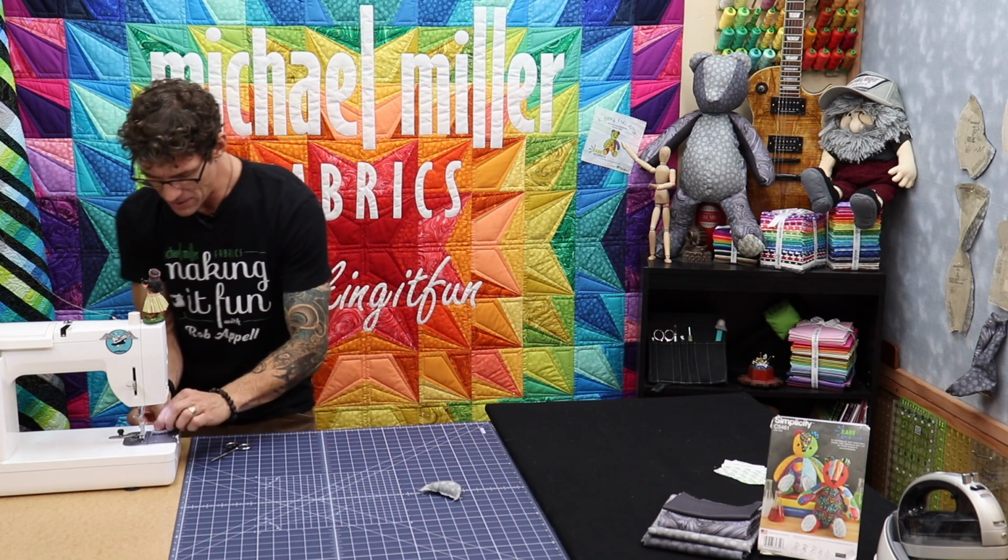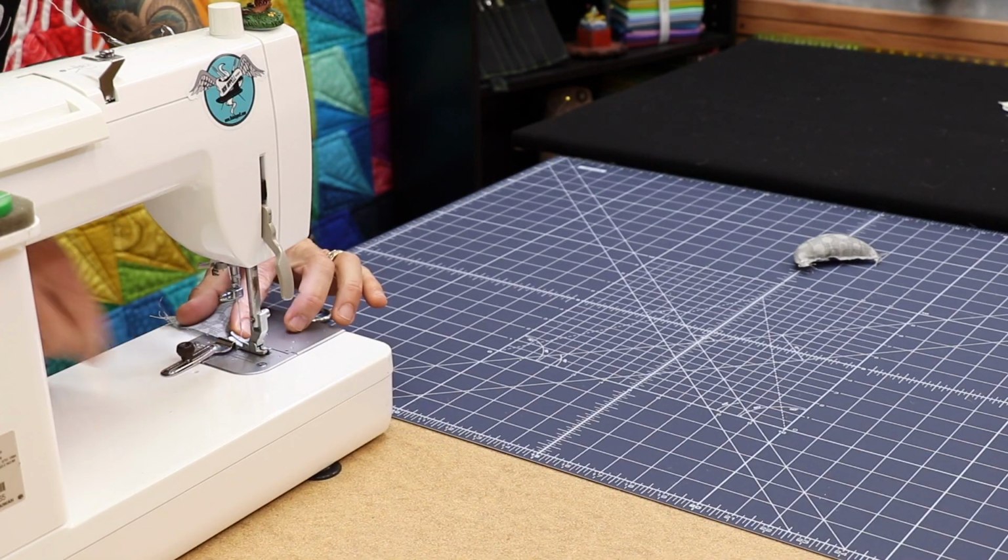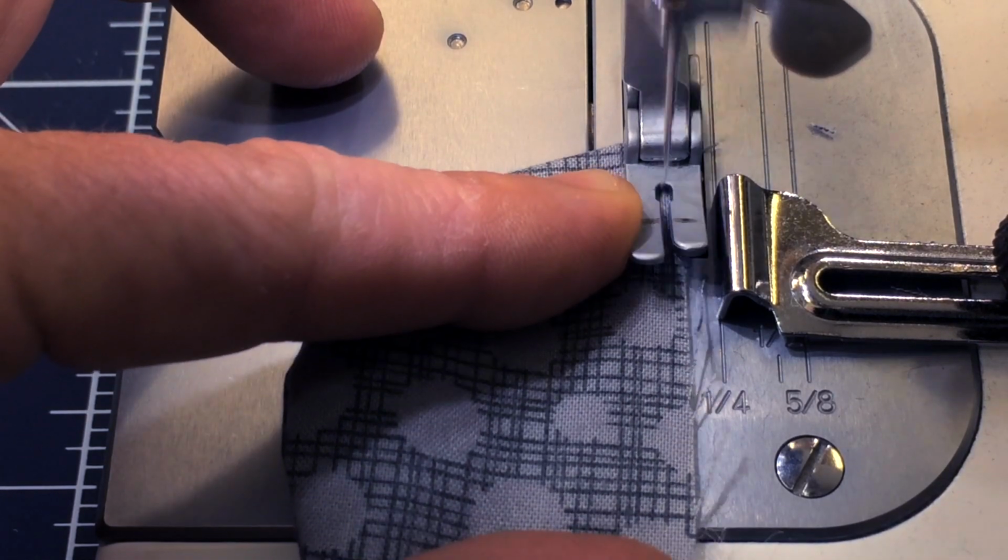And now I'm going to come over to the machine, and I just said I was using 1/4 inch seam allowances, but I'm going to baste. So while I'm basting this closed, it's just to keep that fuzz in place, I'm going to stitch just right on the